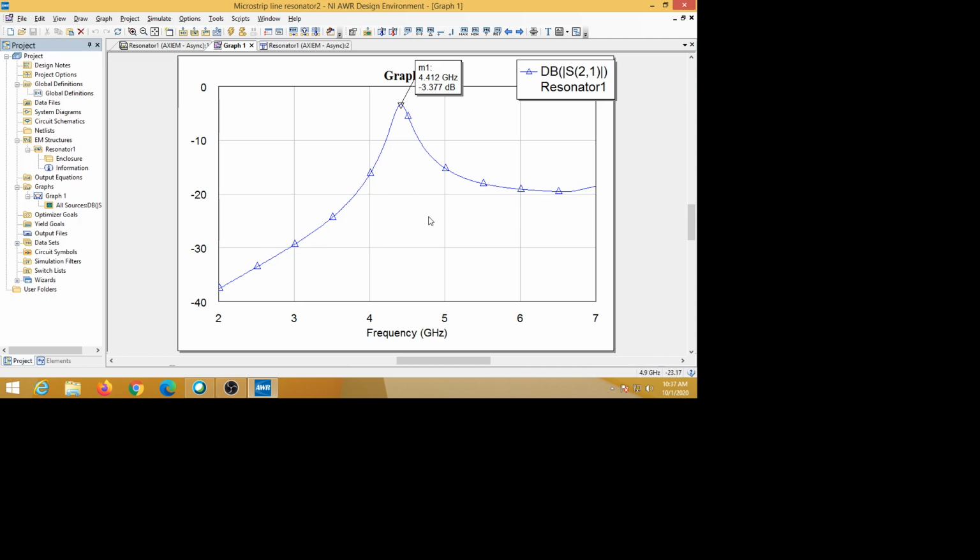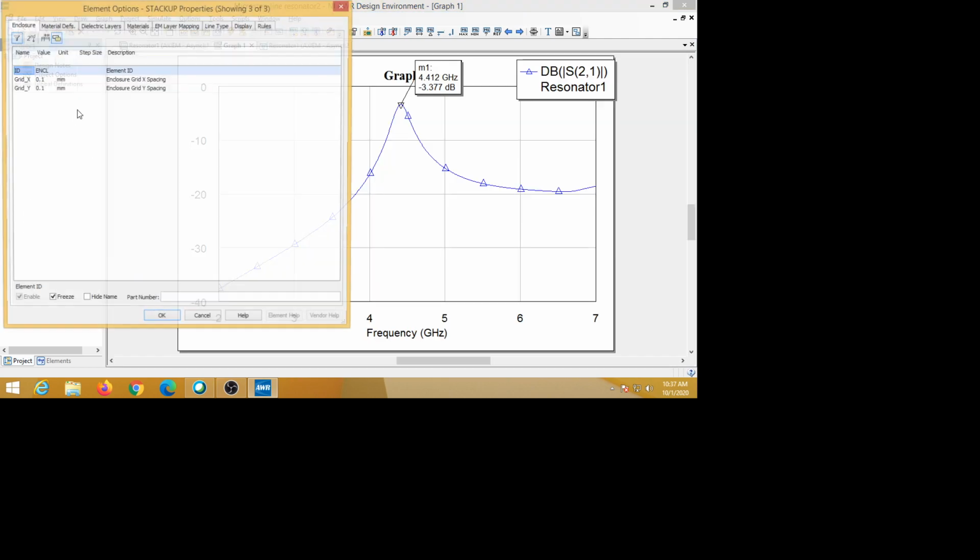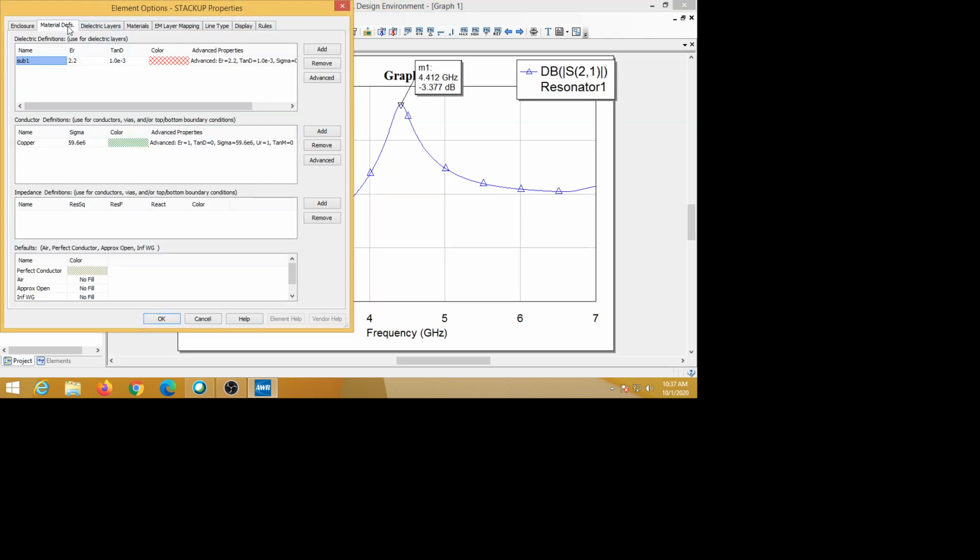And this is for the material properties. We used a dielectric constant of 2.2, and its tan delta is 0.001, and copper as the conductor.